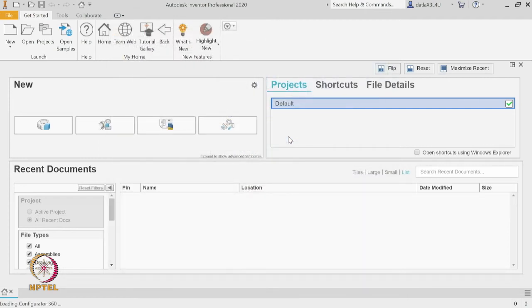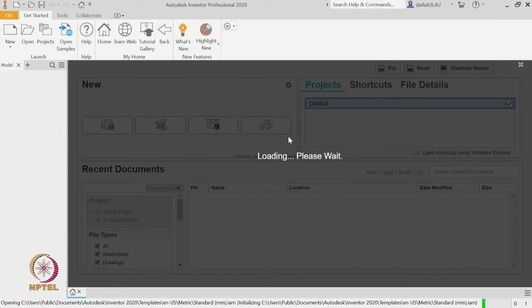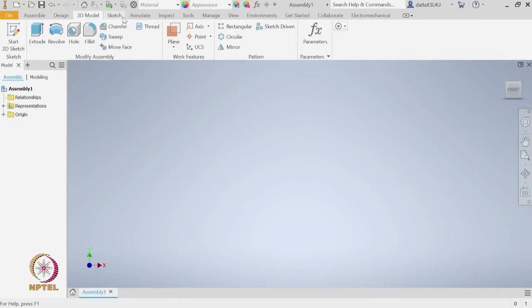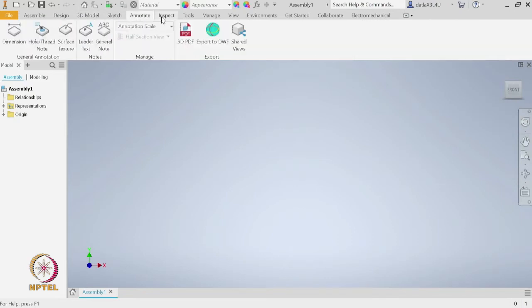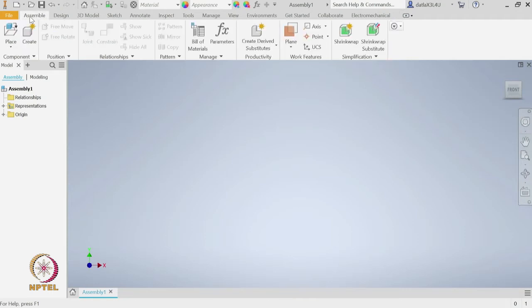Double clicking on it will take us to the assembly environment. This is the assembly environment where there are several tabs. By default we are on the assemble tab, but there are other tabs like the design tab, 3D mold, sketch, annotate, inspect and several other tabs. Let us go back to the assemble tab.